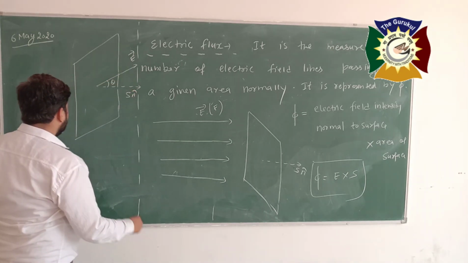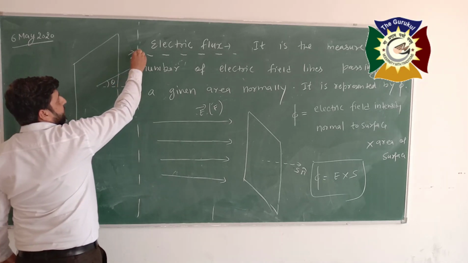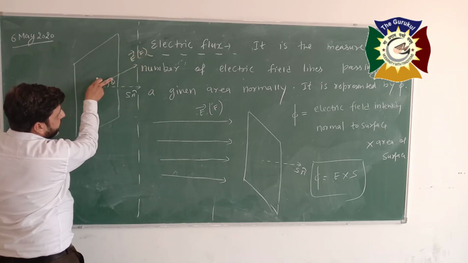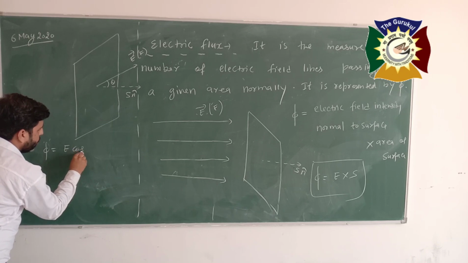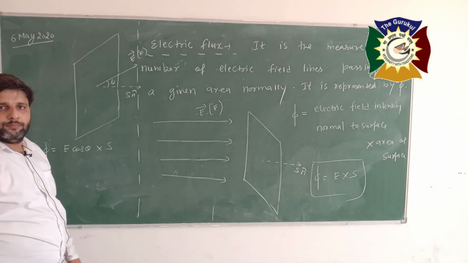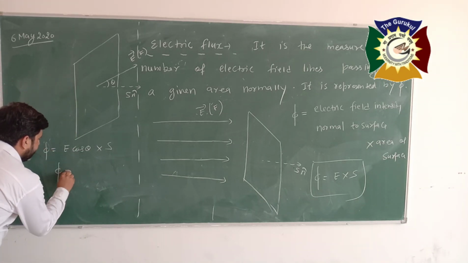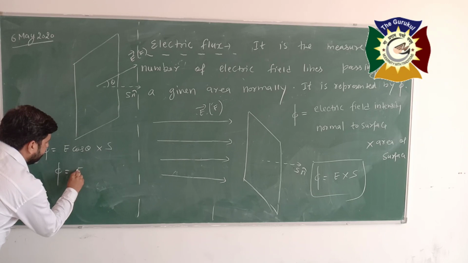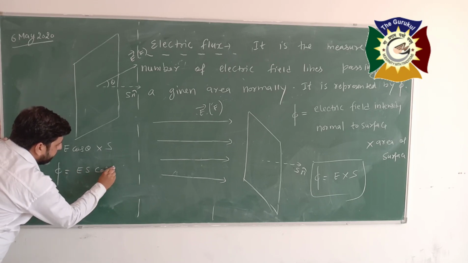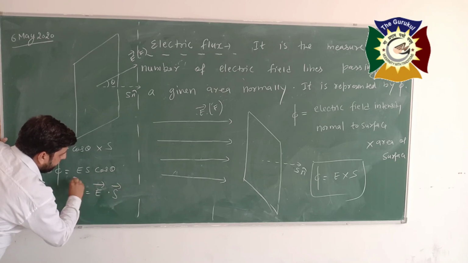Then phi will be taken as E, its magnitude, and its component will be E cos theta into S. You have to take only magnitude. Okay, phi will be equal to E S cos theta, and phi can be taken as E vector dot S